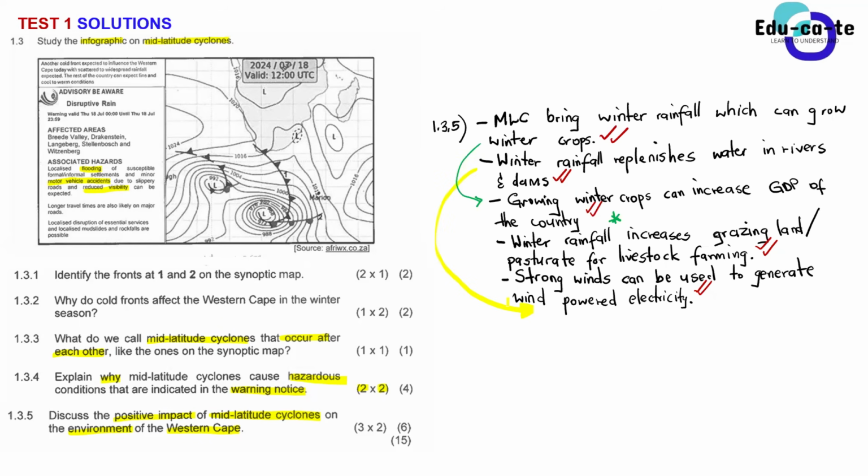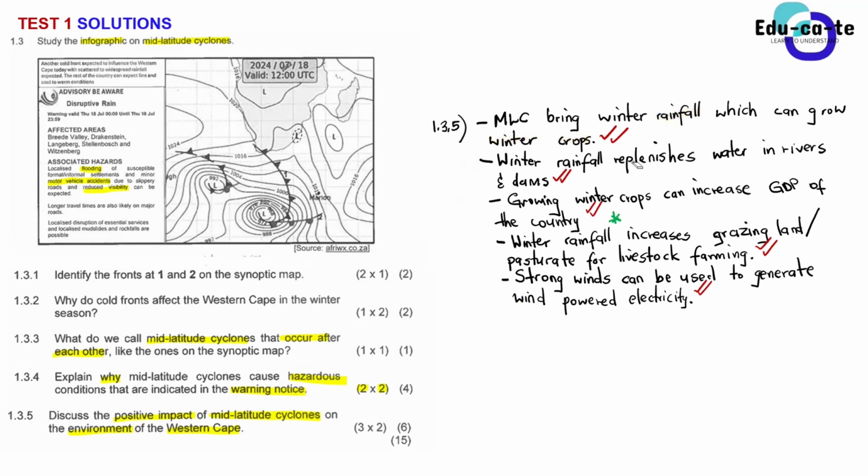You continue, guys. The points are infinite here. There are many positive things or positive impacts that you can talk about. But as long as you give the cause and you give the effect, give us the cause, give us the result. For example, the mid-latitude cyclone brings winter rainfall. This is the cause. So what is the effect of that winter rainfall? It can be used to do what? To grow winter crops. So you give your answer, then you qualify your answer by giving its effect. There are many other follow-up points that you guys can take, but we just want only 2 from these ones. So do you guys kind of get the sense of how we can answer such questions?